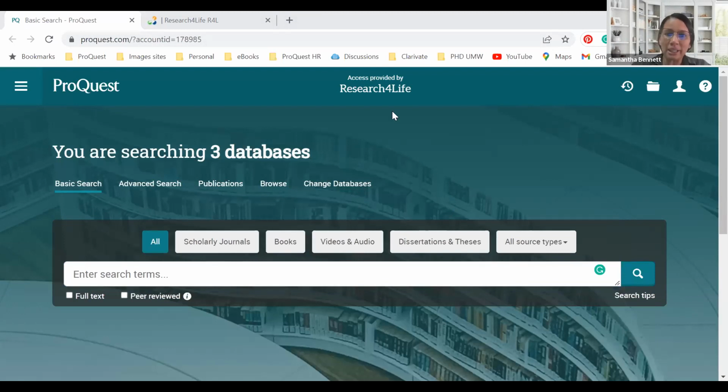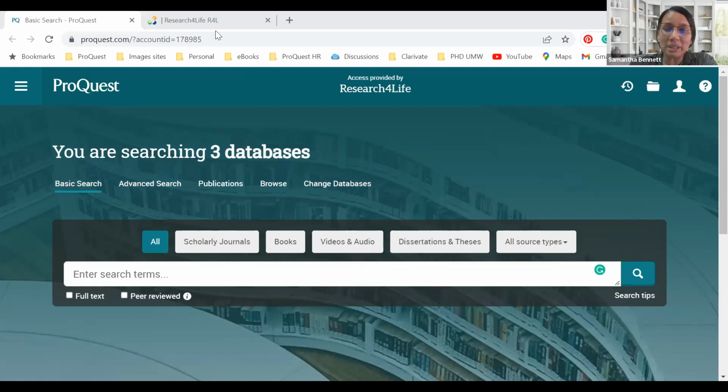Is that clear for everyone? Can I have some indication in the chat whether you could have access? If your institution subscribed, you would be able to see whether your institution has access through Research for Life. If not, please do send your comments in the chat, and we will stay on a little bit at the end of the session to address some of those access issues, okay? Because I would like to spend the next 40 minutes going through the platform, explaining some of its features, and making sure that you are completely on board using the platform to your benefit as well.